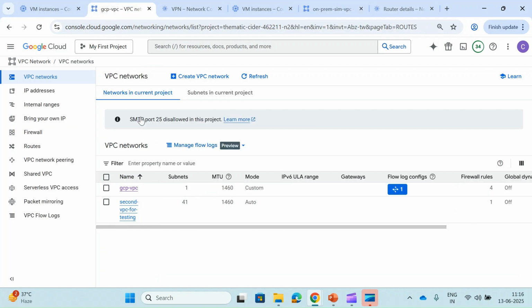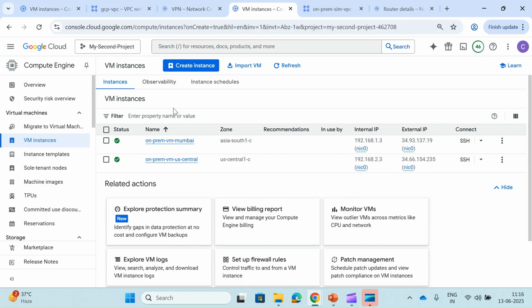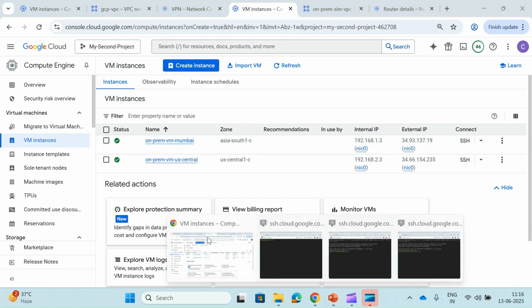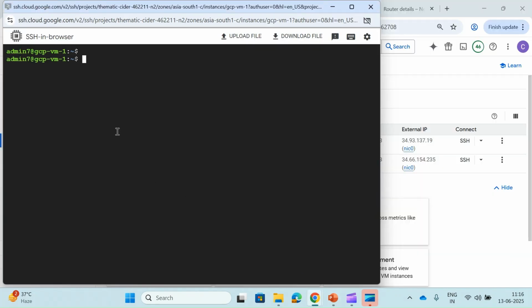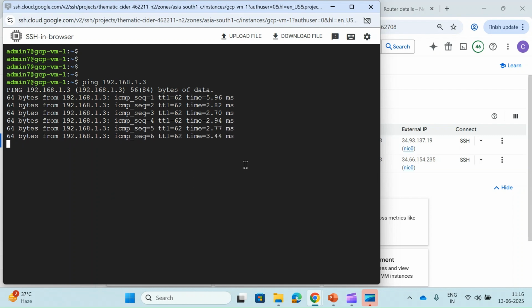Now let's go to this VM in this VPC. I am logged into this VM, and I want to ping the Asia South one VM in my second project, this IP 192.168.1.3. Here it is, GCP VM1. Let's try to ping it. We can see we are able to communicate because we are getting a route from the other VPN connection.